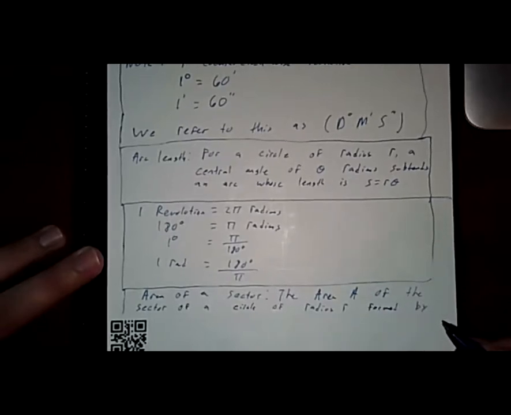The area A of the sector of a circle of radius r formed by a central angle